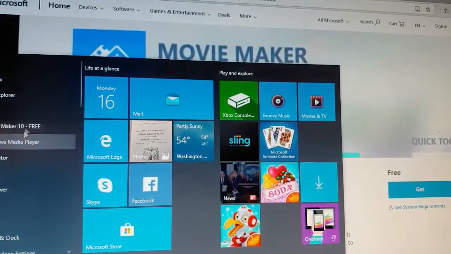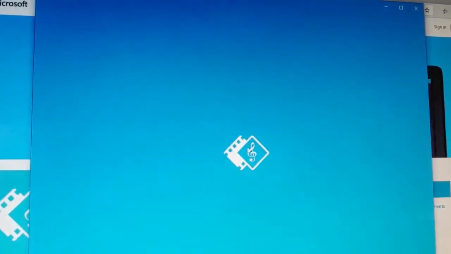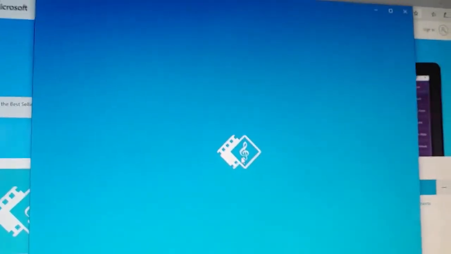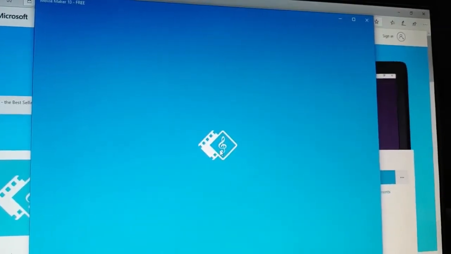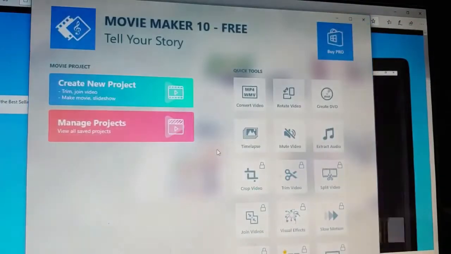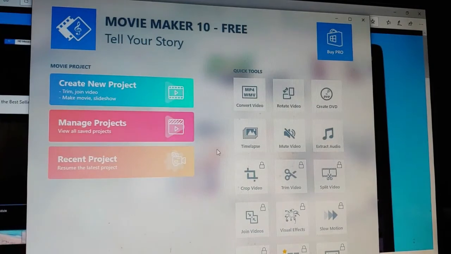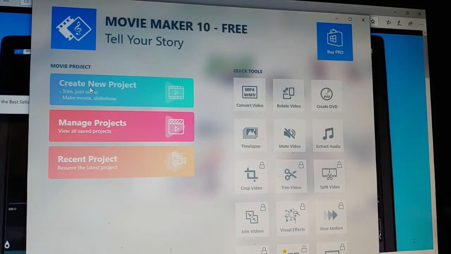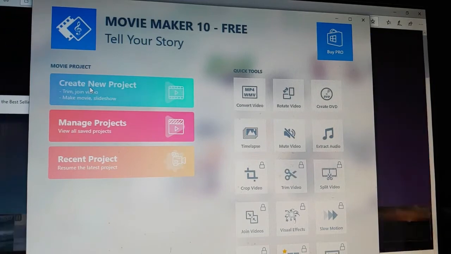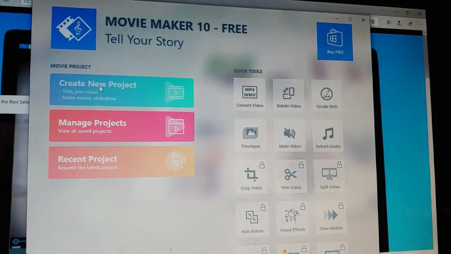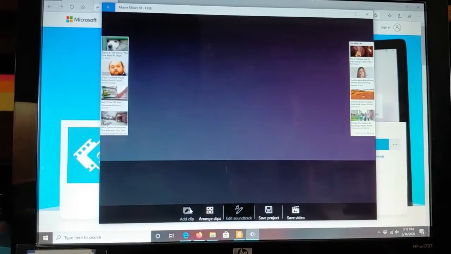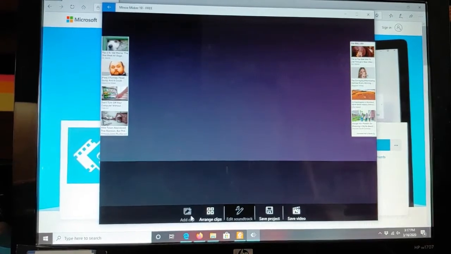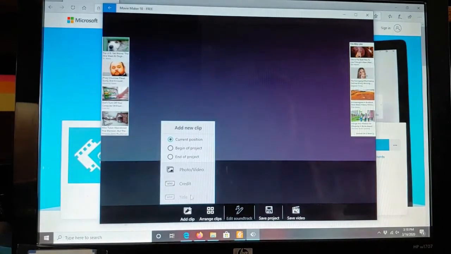So if I go over here, once you've uploaded it, this is what it will look like. And now from here, I want to click Create New Project. I've already uploaded a couple of videos onto my cell phone that I'm actually going to be merging with the Movie Maker. Okay, so first what I like to do is I go down here to Add Clip,